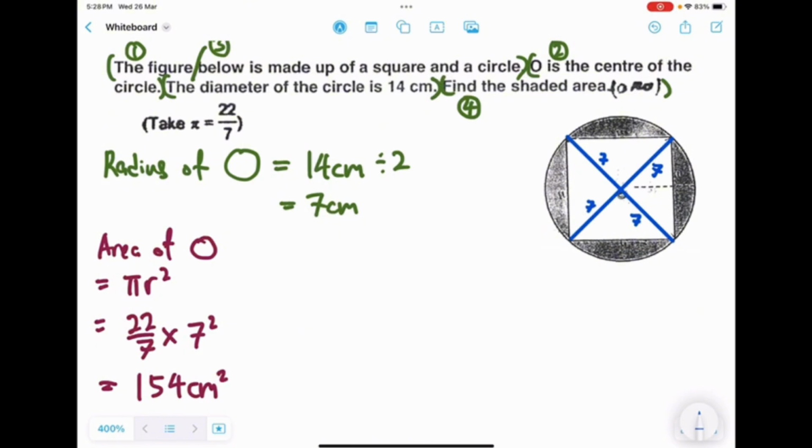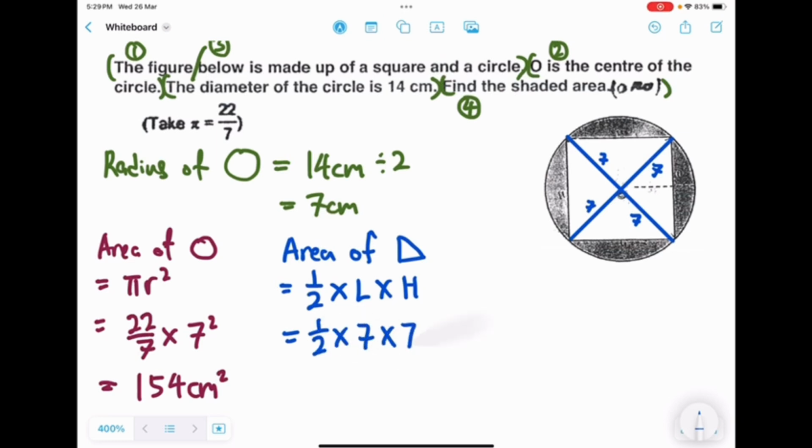Alright, from here, don't you think I can find the area of one triangle? The area of a triangle would simply be half times length times height. Right, and I know the length and the height of this triangle is simply 7 and 7. So what I have is half times 7 times 7. This would give me 24.5